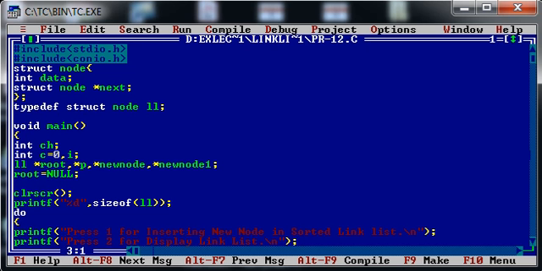For that, I require the same kind of data structure which contains one data part and one address part in it. That structure has been typedef'd as LL. So from now onward, I will represent this structure as LL. As you can see over here, I have taken a total of 3 pointers: root, pointer p, new node and new node 1. Obviously new node 1 is not required, so eliminate the unnecessary variable declaration.